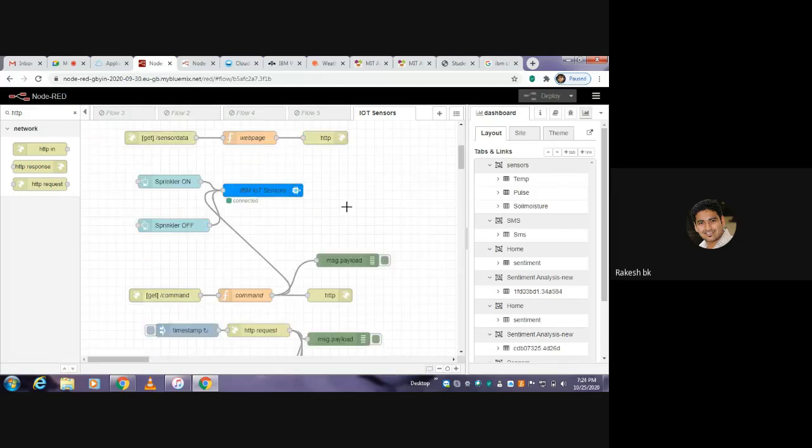Next, once the data from the inbuilt sensors is obtained, I want to get the weather data from an open source. For that I will make use of the OpenWeatherMap website.